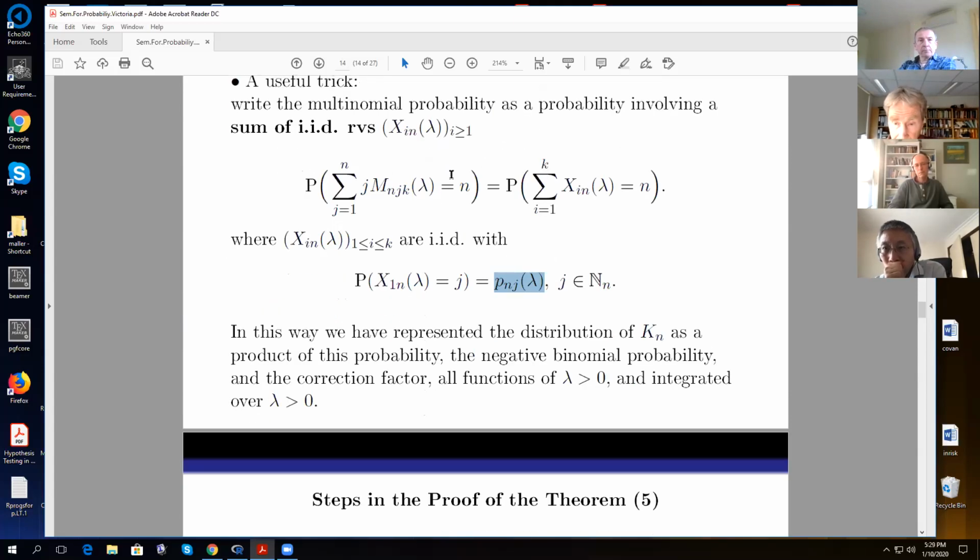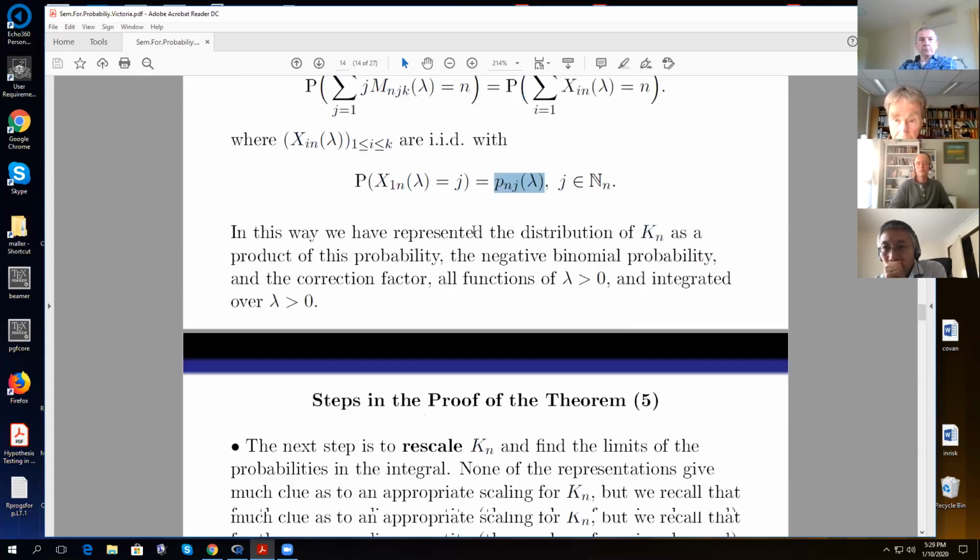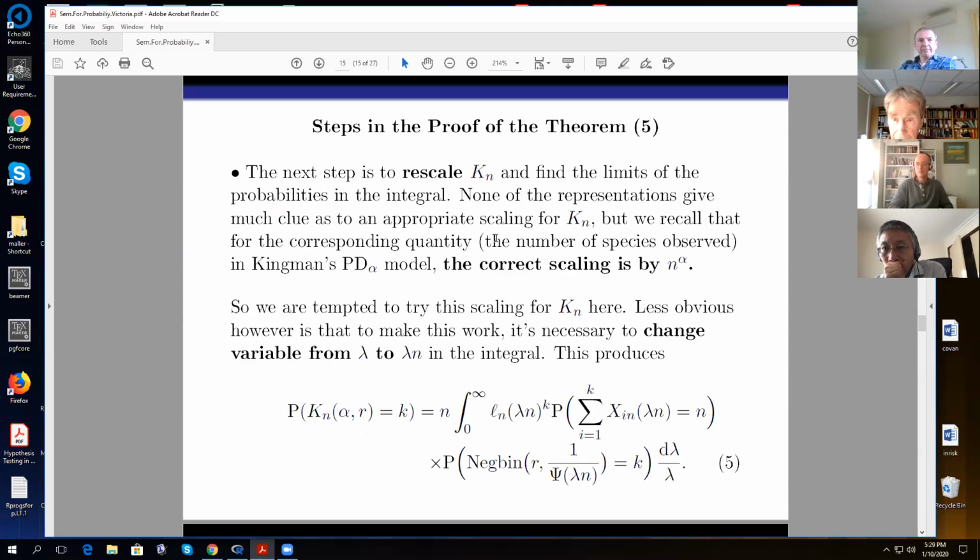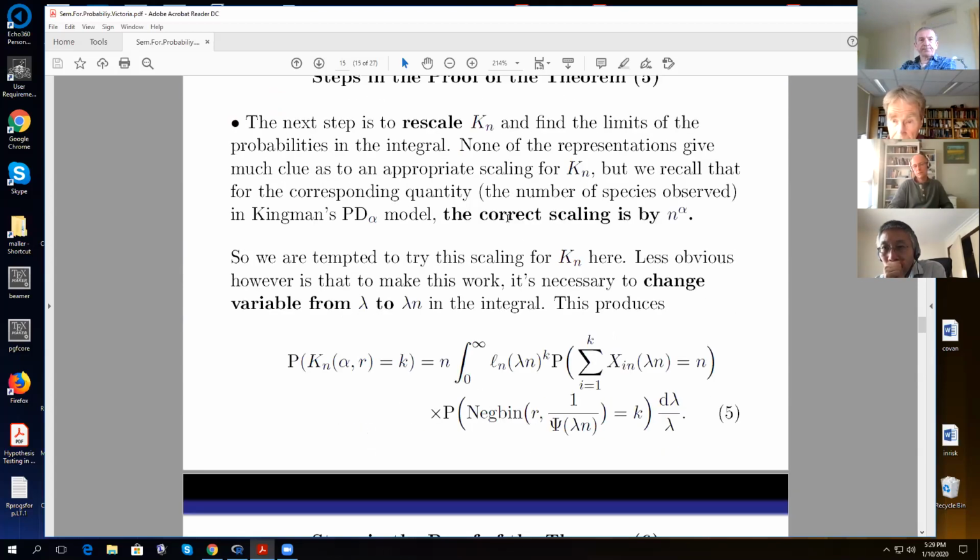The scale factor, as I mentioned, is going to turn out to be n to the alpha, and there's another trick which is needed, which is to change variable from lambda to lambda n. How did we arrive at this scaling by n to the alpha? Not at all obvious at first, and you might think also that it should depend on r. After all, r is another parameter in it. But it turns out that the correct scaling is n to the alpha, and that comes about, or at least you're led to conjecture this,